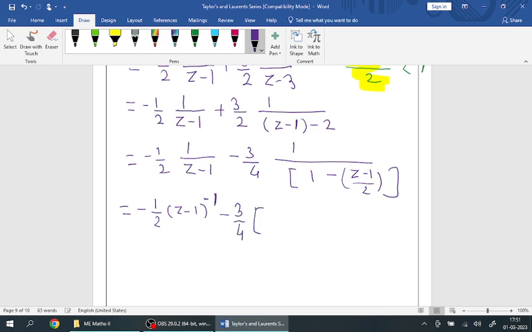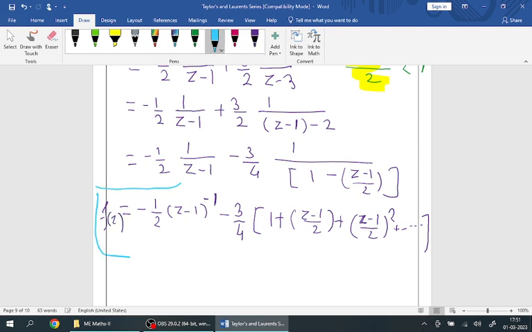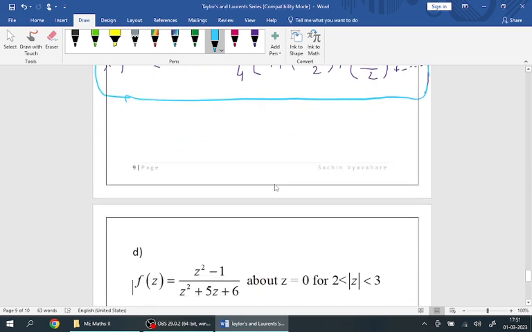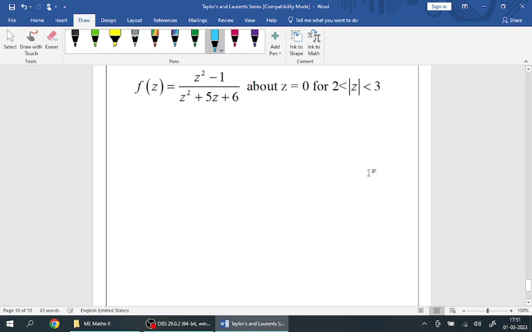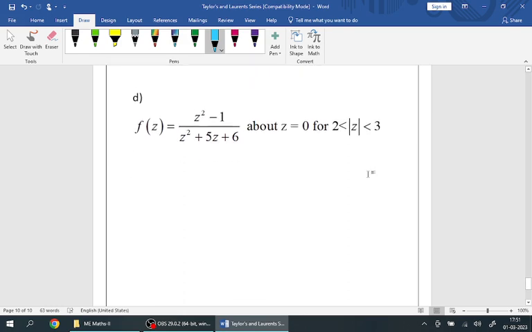Now, this is the series where 1 plus r square and so on. That's about the end of the question here. We got f(z), which is again a Laurent series about the point z equal to 1. Okay. So very simple examples. Only focus on the region of convergence. Last question for this